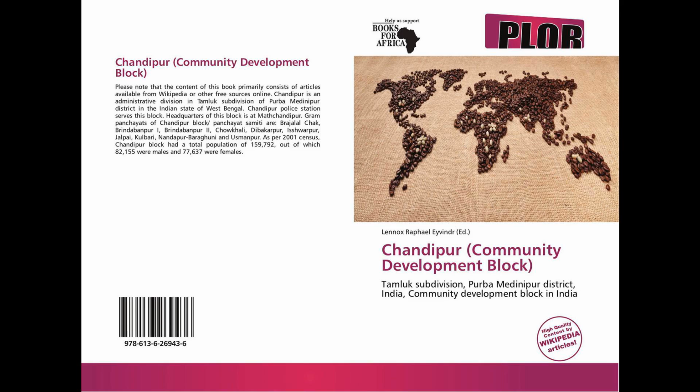There were 97,123, 52%, males and 90,996, 48%, females. Population below 6 years was 23,106. Scheduled castes numbered 19,095, 10.15%, and scheduled tribes numbered 200,